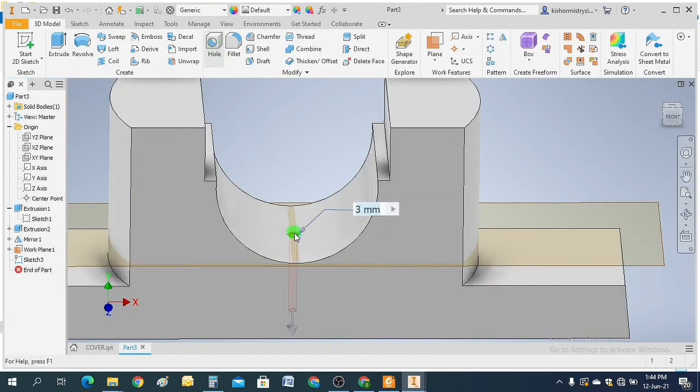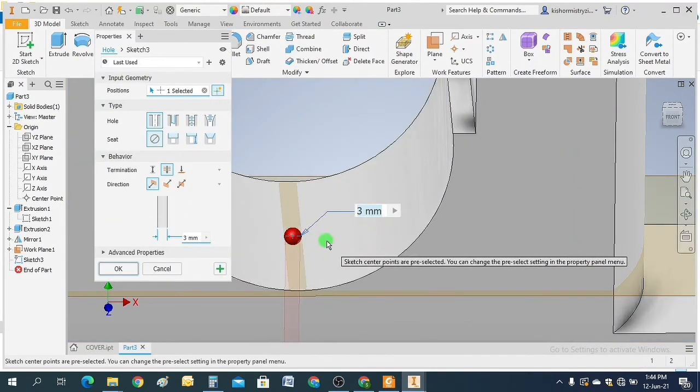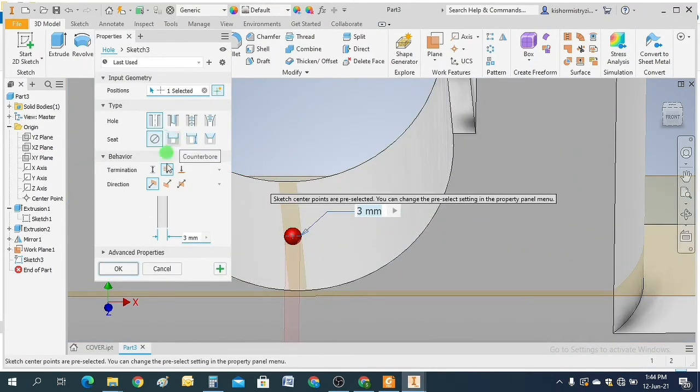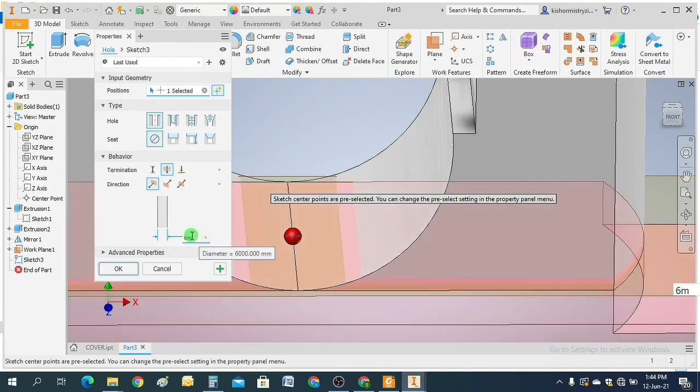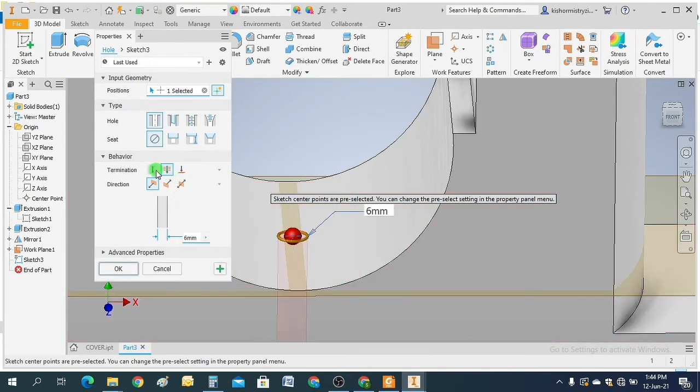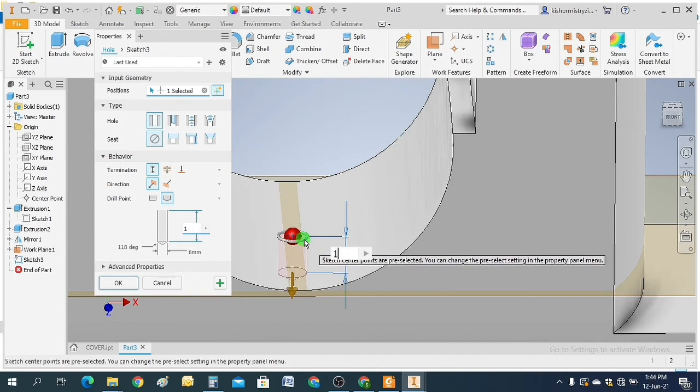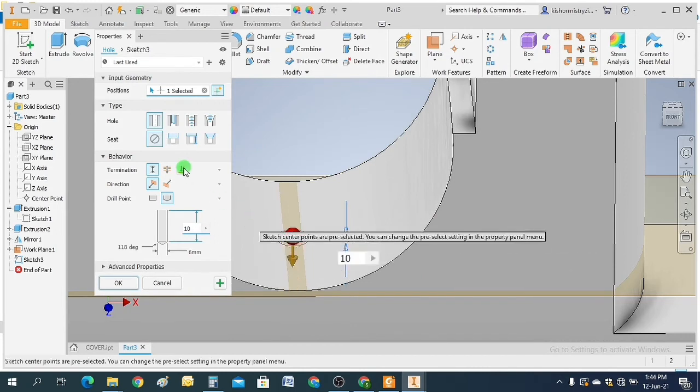Hole to this point, diameter 6, distance 10. We want flat, click flat, press OK.